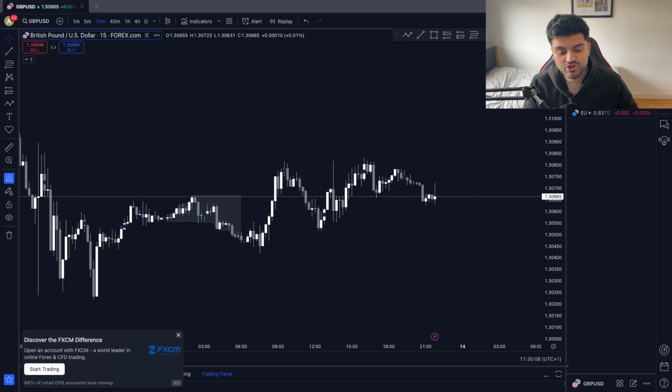So this is GBP USD, and today I'm going to be showing you a simple entry model which you can apply in the London session, the ICT London kill zone, pretty much every day. Now, I'm not saying it's going to win every single day. I'm not even saying that it's the highest probability to trade this model every single day, but I'm going to emphasize it in this video, what the model is, what the time windows are, POI selection, all of these things,